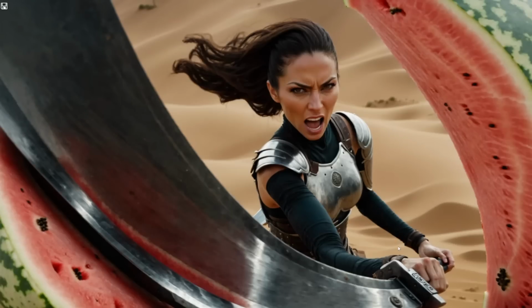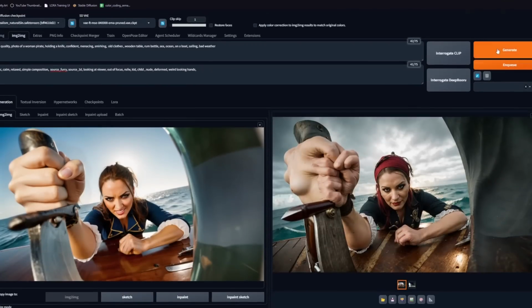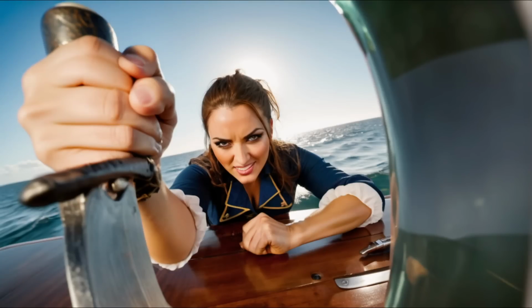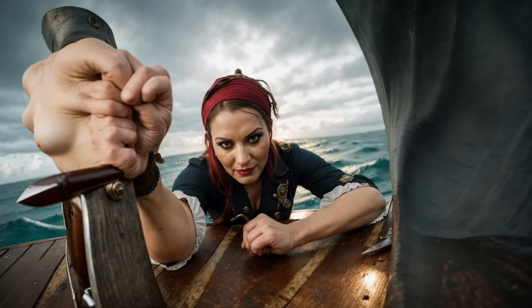I call it the iterating step because it will be very hard to know which model will give you the best results and with which parameters. Here we used SDXL, but in this pirate image I used Epic Realism, going from this thing to a pretty decent image right off the bat.